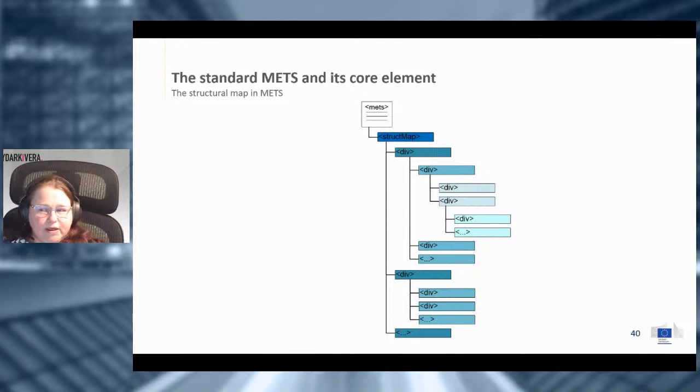I have my front page, I have my table of contents, I have my chapters, and I have all the back side of the book. And I can use the divisions to make all these splittings and have the structural map of my whole book connected and created with the help of the divisions.